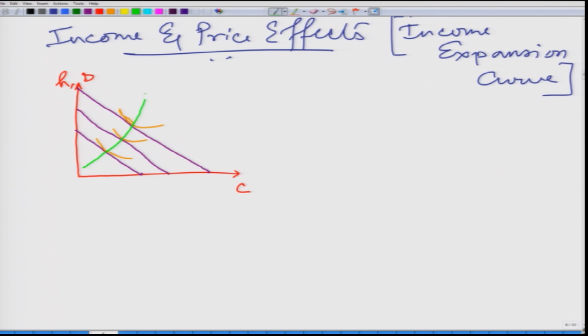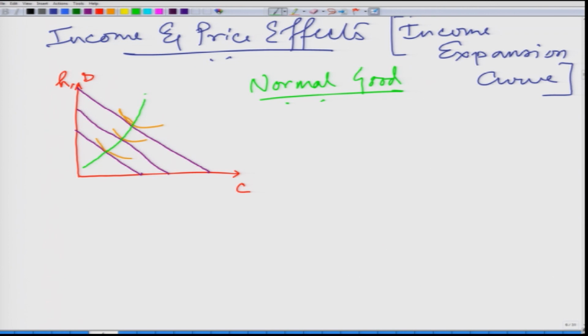Eventually if it declines like this, then this consumption good is an inferior good, because with more income I am actually demanding less of the consumption good. If it bends the other way, then health is an inferior good, because with more income I am demanding less health. But health is a normal good. We will always consider that health is a normal good. Therefore we are not going to the inferior commodity framework.